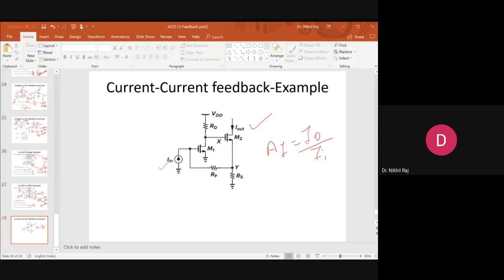When this is analyzed, then we'll analyze the units. What is the feed forward amplifier? If it is a voltage form, where input voltage and output are also voltage, this means your gain is unitless for the feed forward, and beta is also unitless. If the input is voltage and output is current, this means your feed forward is having a unit of mho. This means your beta will be in ohm, because they should cancel out each other. Similarly, the third case current to voltage, and then the fourth case current to current.